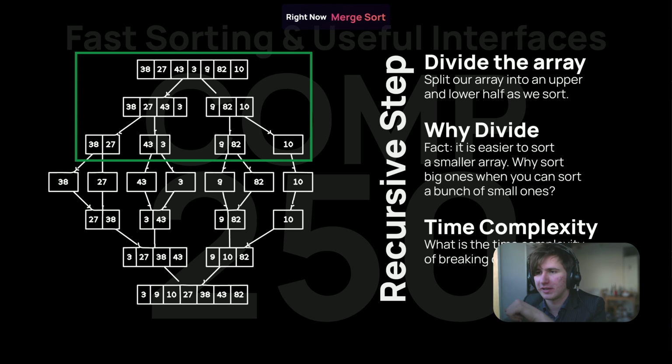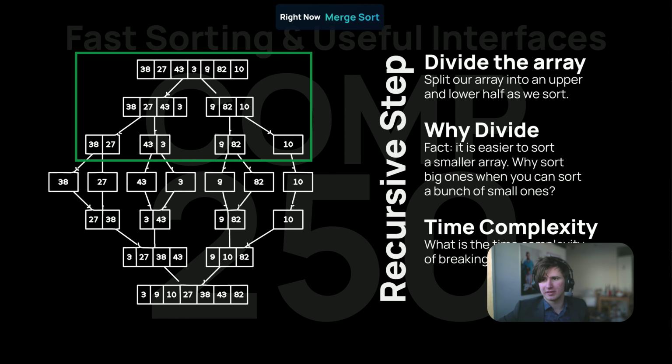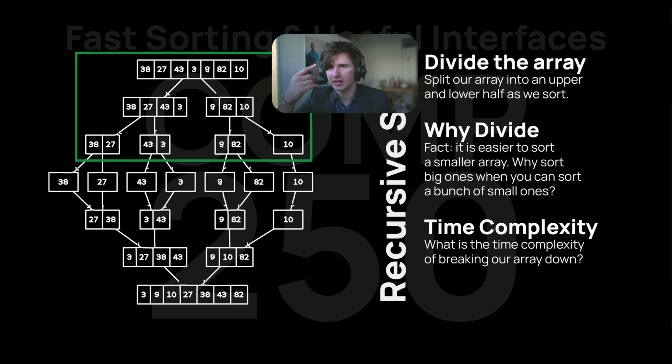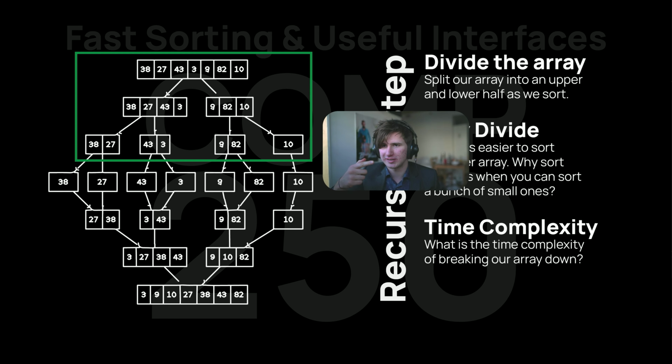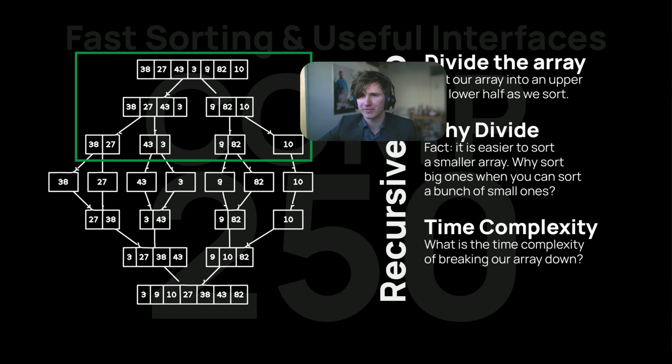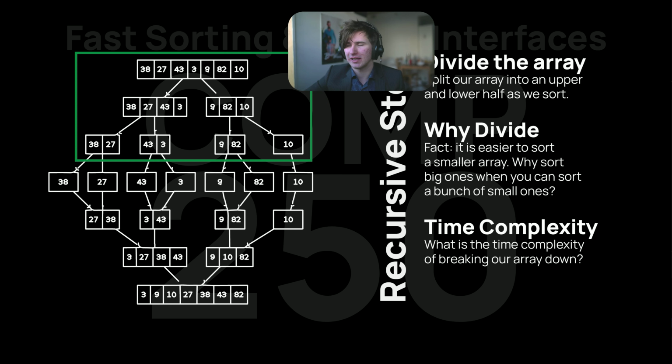So mathematically speaking, how would we express where each step divides the amount of things we have to do by 2? Or more accurately, how do we express mathematically that the number of steps we take is inversely proportional to 2 to the power of the size, right? Because let's think about how many elements we process. Well, instead of thinking about how long it takes to process each element, let's think about how many steps we have to take to process each element. For something of size 1, we have to take 1 step, right? Something of size 2, we have to take 2 steps. Something of size 4, we have to take 3 steps. Something of size 8, we have to take